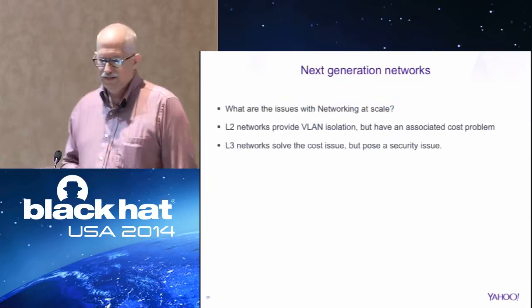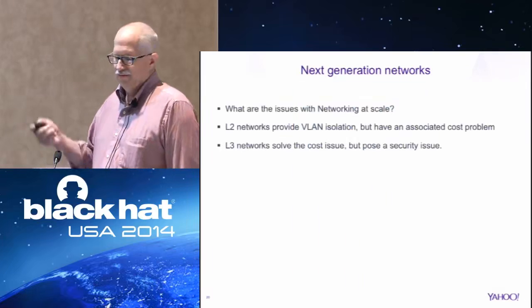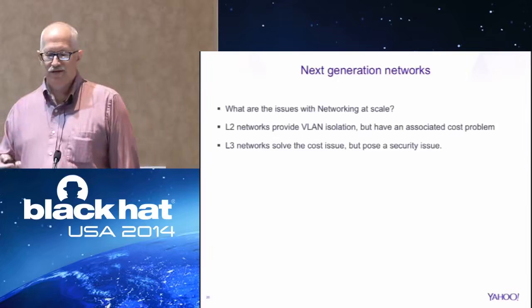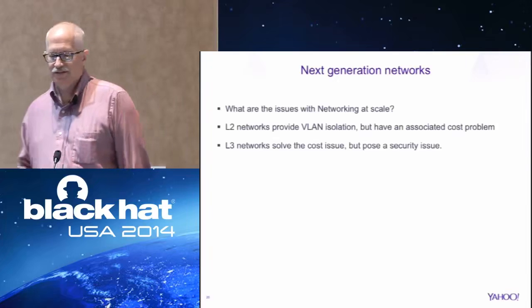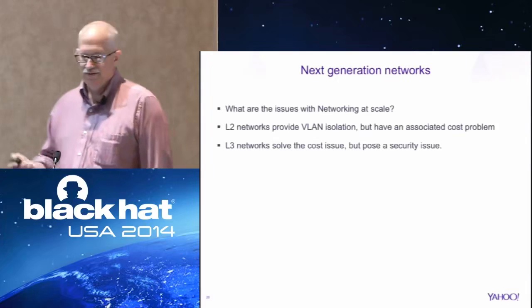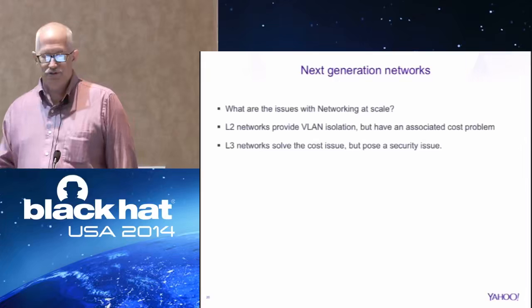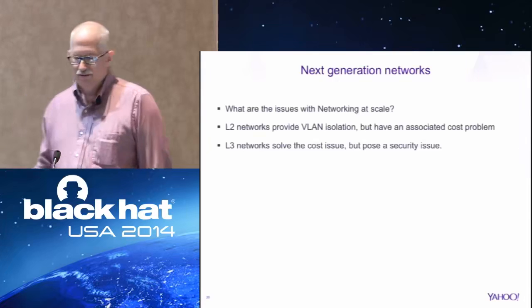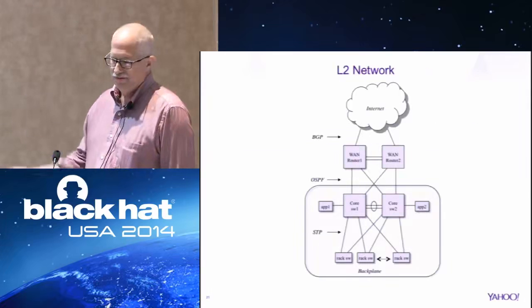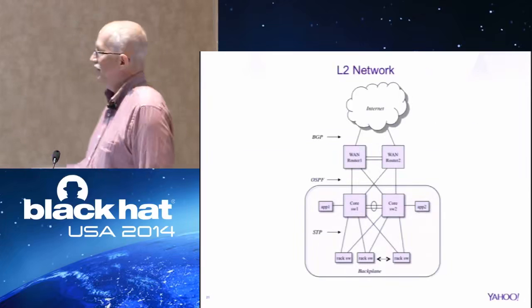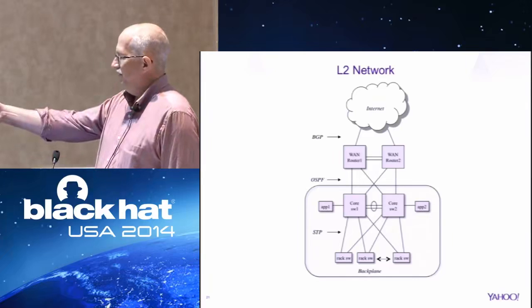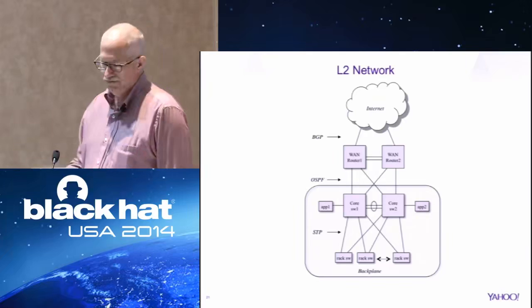Next generation networks. In this slide, I'm going to talk about the impact OpenStack has on different types of networks and how it changes the way OpenStack is deployed. We have to be able to scale our data center in ways that are not possible with traditional solutions. So let's move on. This is like the old way of doing things. You have BGP at the top talking to the internet, you have OSPF, and spanning tree protocol down at the bottom with the rack switches talking to the core switches.